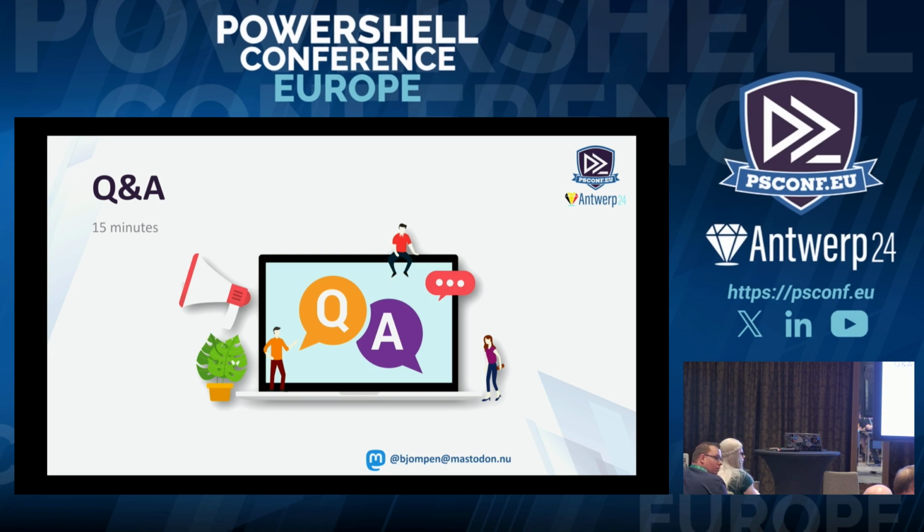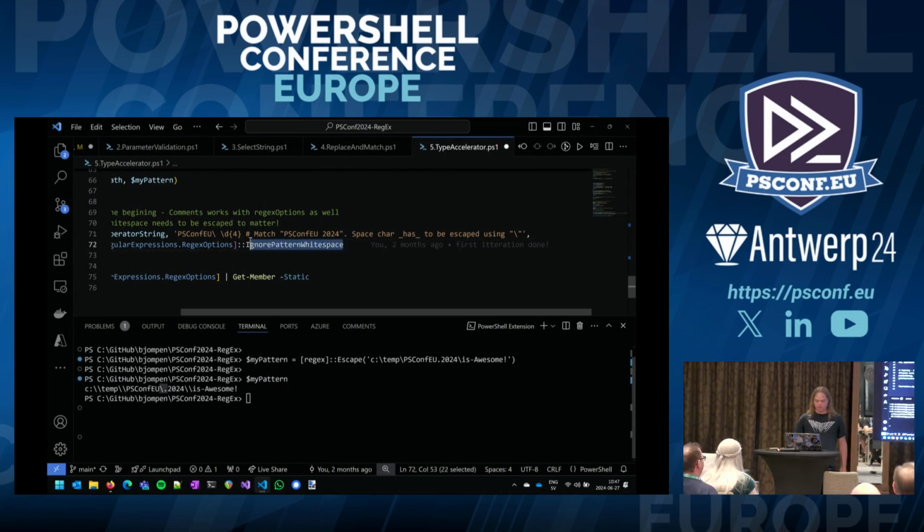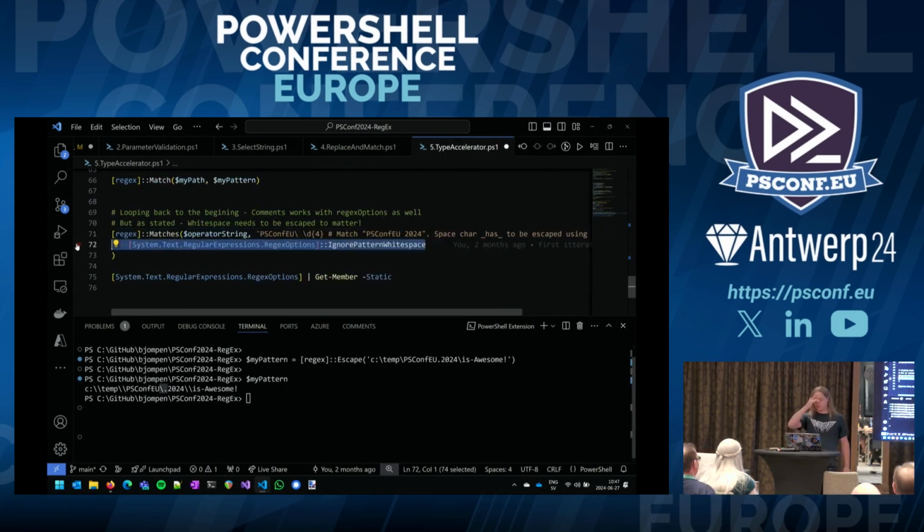So the comment was, in the Regex class, there is a Regex option to make it case insensitive. And that is absolutely true. We can actually do this. It looks like... no, that's ignore pattern wise case. Okay, so you can do Regex like this and add the class and say make it case insensitive as well. But yeah.